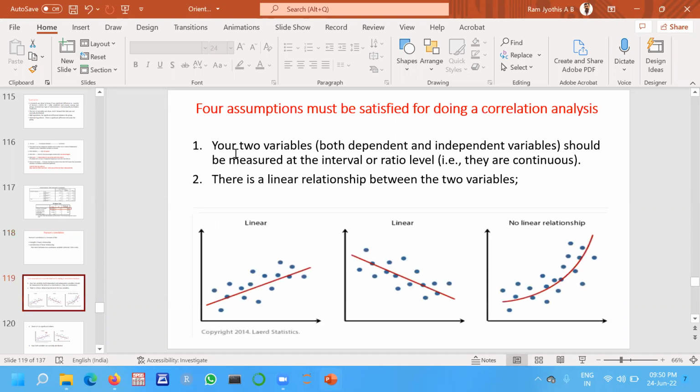There are 4 assumptions that must be satisfied for doing a correlation analysis. Your 2 variables, both the dependent and independent variables, should be measured at interval or ratio level. That means they are continuous data. It should be continuous. There should not be any categorical data. Okay. Now,